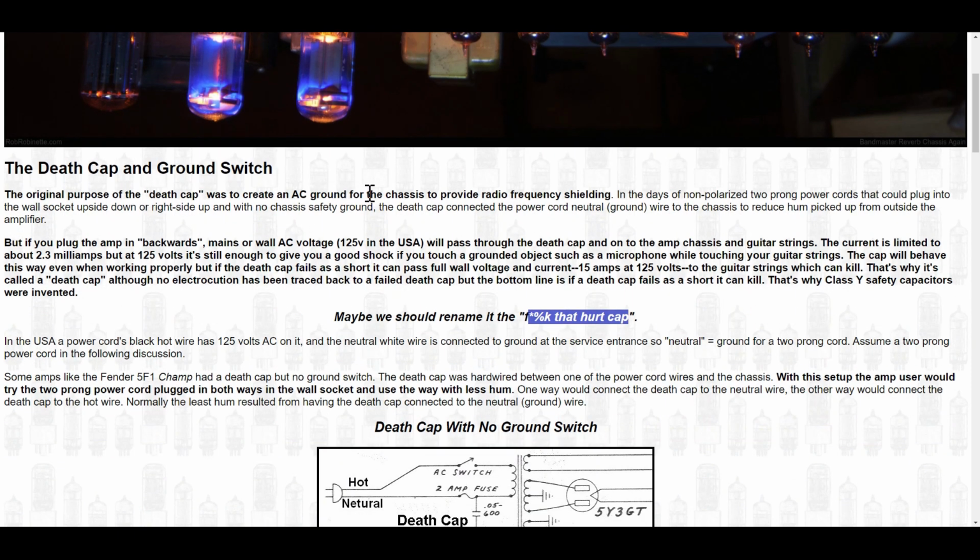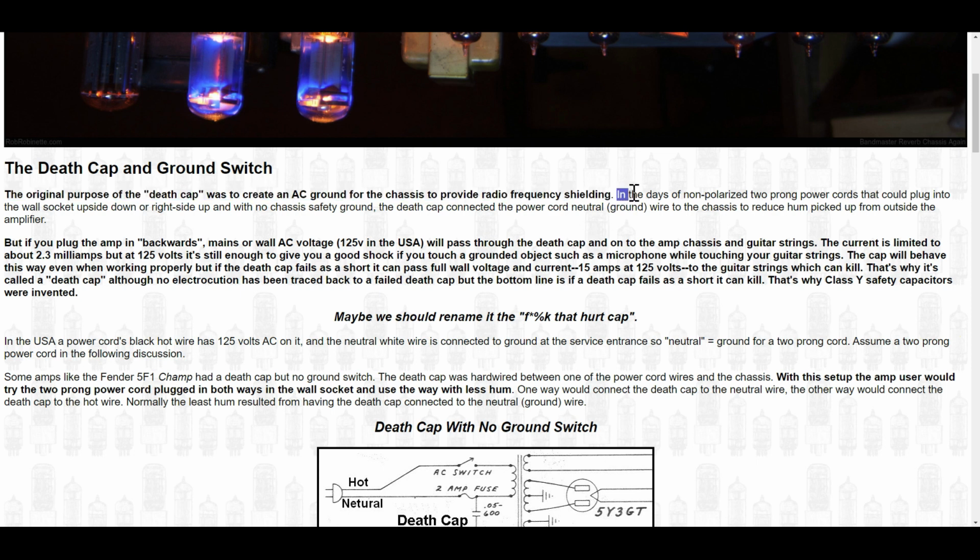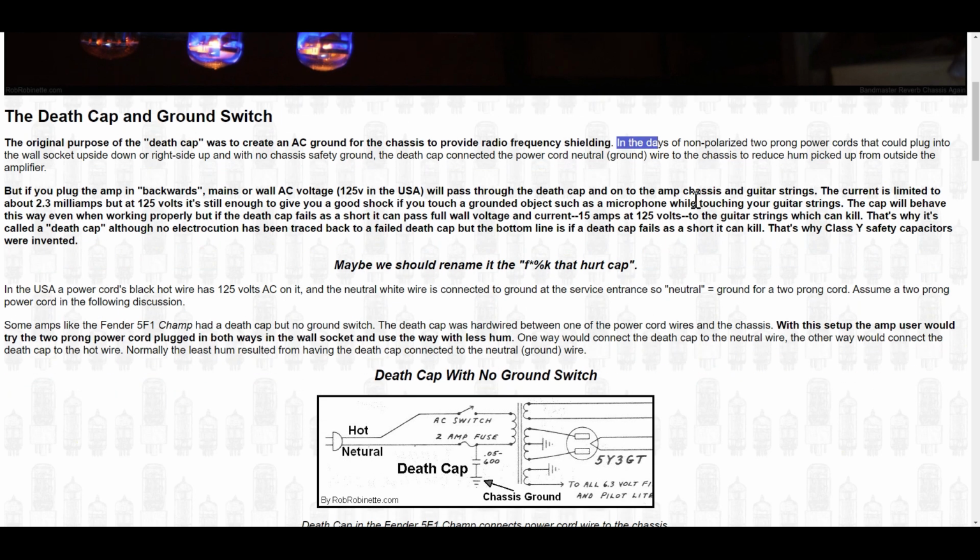AC ground for the chassis to provide radio frequency shielding. Okay, so 3-prong connectors didn't really take effect. And what they would do is use non-polarized 2-prong power cords for the neutral. It could plug into the wall socket upside down or right side up, with no chassis safety ground. So you could electrify the whole chassis, all components basically,